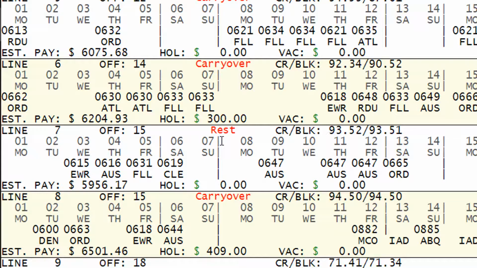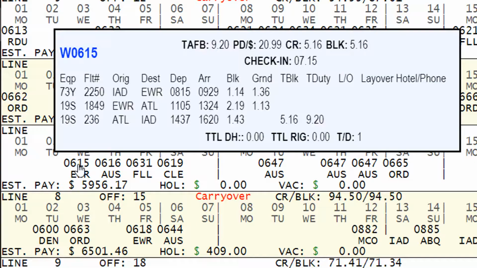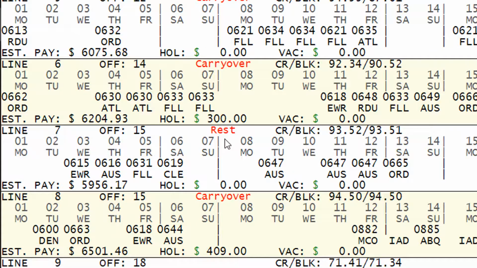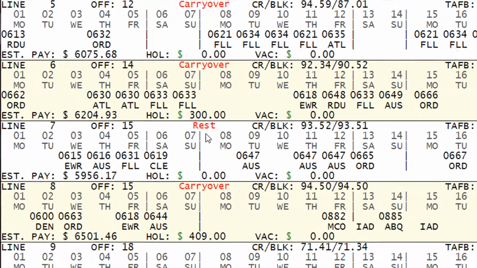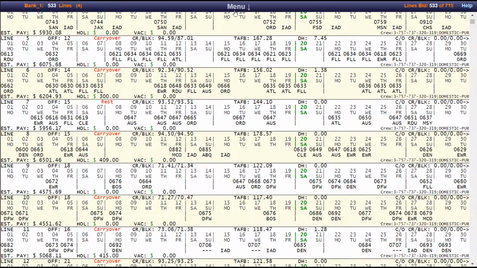We said we get in at 10:30 at night. This first pairing checks in at 7 in the morning. After an international flight, it's calculated that there is not enough legal rest, and it has displayed that you have an illegal rest problem. So let's return back to the setup,